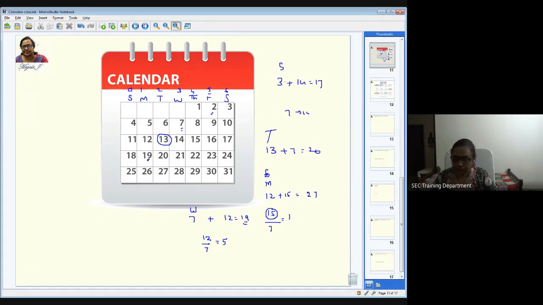So I hope this is clear. We are only finding out, so any day when they say your exam is there, you can just take out only the 7s from that, because 7 is 1 week. After that, you see what is left out. Suppose if there is nothing left out, suppose I say that today is the 12th, and your exam is after, not 21, 21 is too late, after 14 days. When you say 14 by 7, the remainder is 0. That means it is going to be on the same day. So the 12th, after 14 days, means it's going to be the 26th. The 26th also is going to be on Monday.